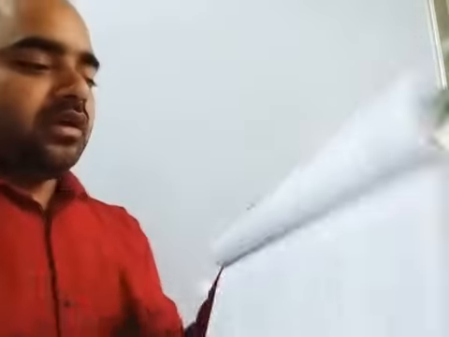Yesterday we discussed the substitution method. Today we will discuss the elimination method. In both the methods, the main concept is we have to transform two variables into a single variable. It means from two variables we are going to transform the equation into a single variable. The concept is, now see the example.